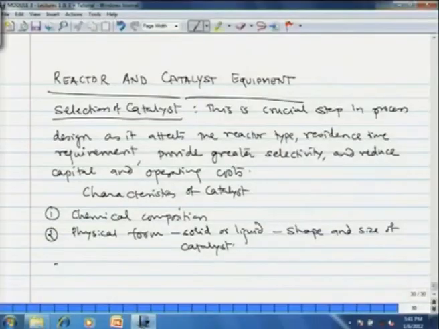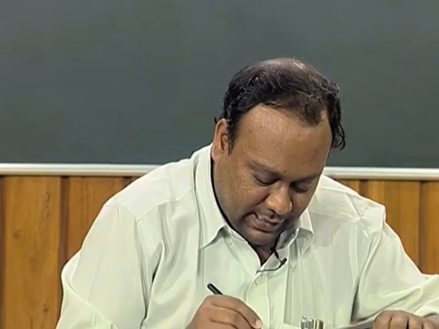Then the third aspect is the physical structure of the catalyst. Whether the catalyst is a complete solid or a porous solid, the catalyst sites are located on the surface. In some cases, the catalyst sites are inside the pore. Okay. So, the physical structure of solid catalyst is very important, especially for gas phase reaction, because it can cause mass transfer limitation. Finally, we also like to have as large a surface area as possible.